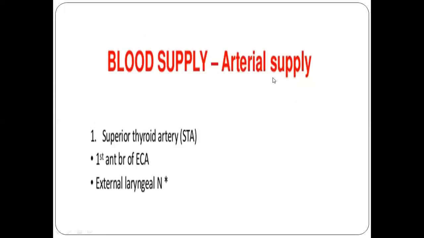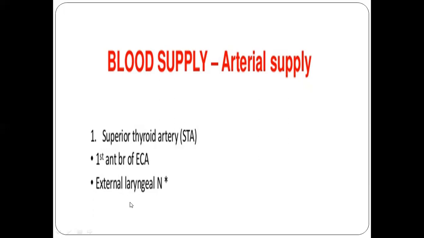What is the blood supply of the thyroid gland? The superior thyroid artery. It is the branch of the external carotid artery, and it is accompanied by the external laryngeal nerve, which supplies the cricothyroid. All the laryngeal muscles are supplied by the recurrent laryngeal nerve; the only muscle supplied by the external laryngeal nerve is the cricothyroid, and it tenses the vocal cord and causes vocalization. This muscle is very important in singers, when it gives the pitch to the voice.